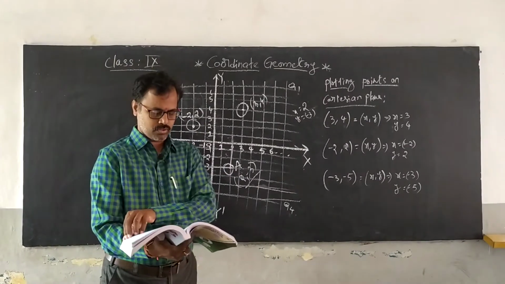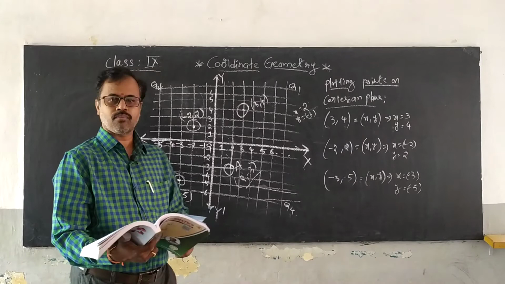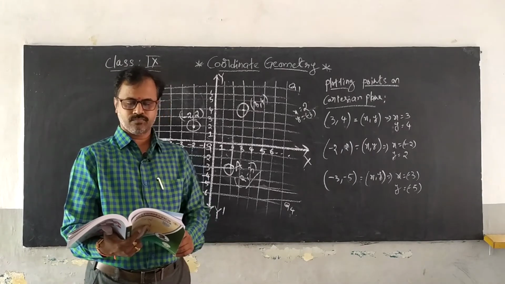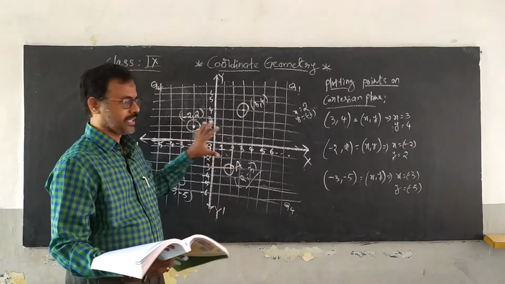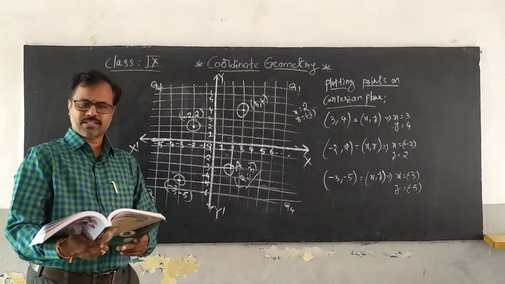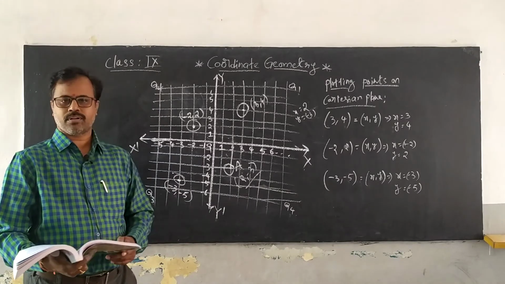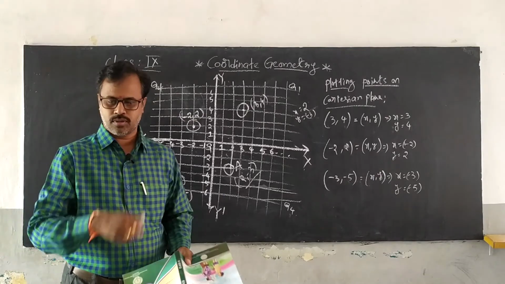Now you observe carefully in your textbook. In your textbook, on page number 114, you have a do this. There you have 9 points to plot on the graph. Now complete that one. After that one, you go for try this. Complete that one. So do this and try this on page number 114 is your homework.